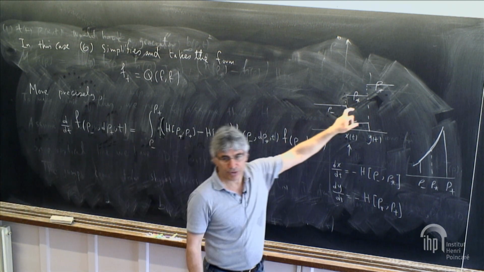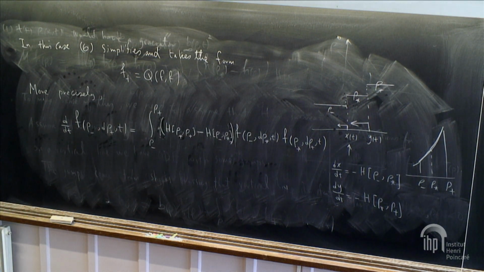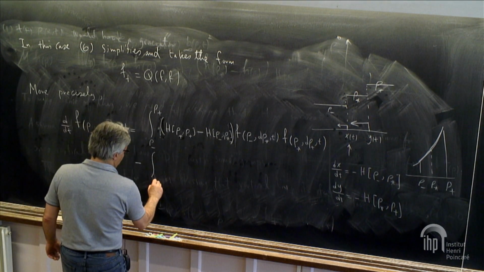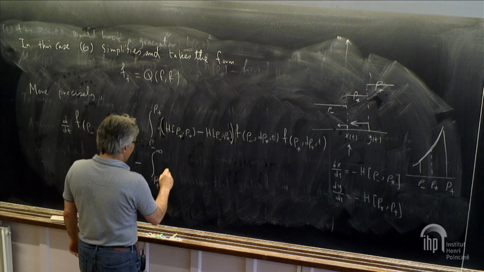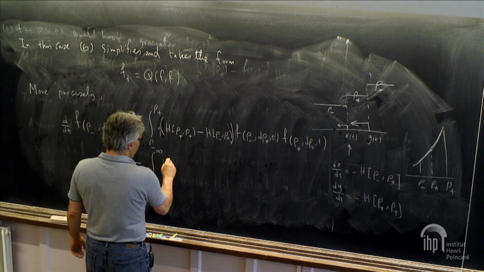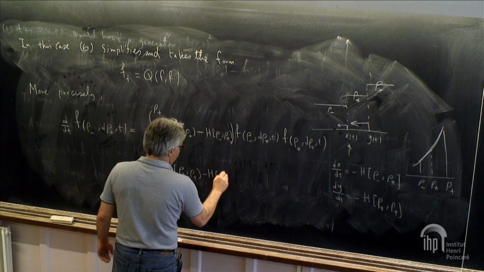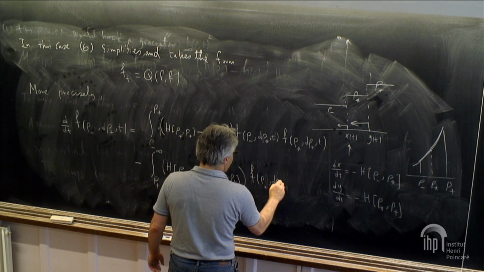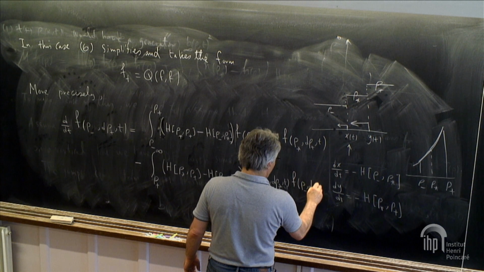This is the scenario that you need to produce a shock connecting ρ- to ρ+. But then you may have ρ- and ρ+, and that shock is spoiled because some state from the left or some state from the right came and changed it. So there would be two further contributions. One would be that you go from ρ* ρ+ to infinity. Some state on the right of ρ+ comes and messes things up. And then the relative velocity, you put relative velocity there too, would be h of ρ* ρ+ minus h of ρ- ρ+. And then you have f of ρ+ dρ* t times f of ρ- dρ+